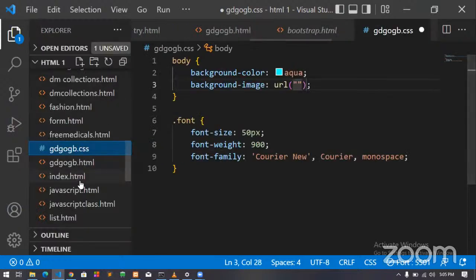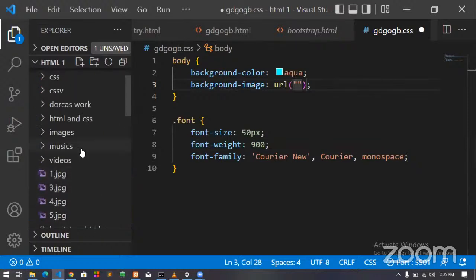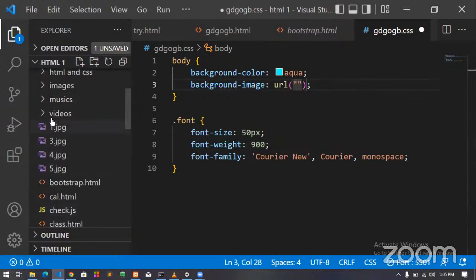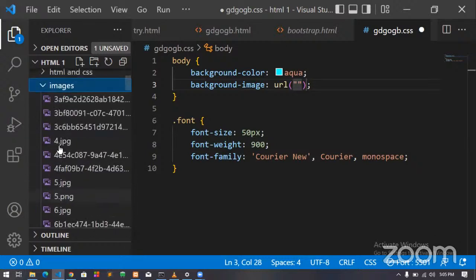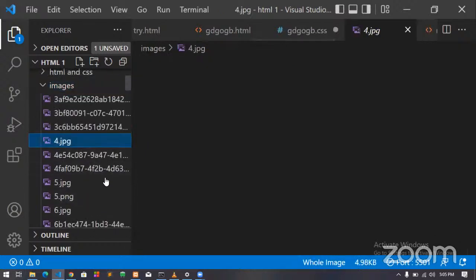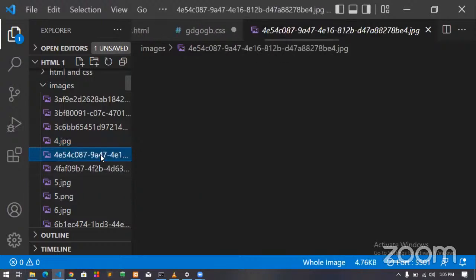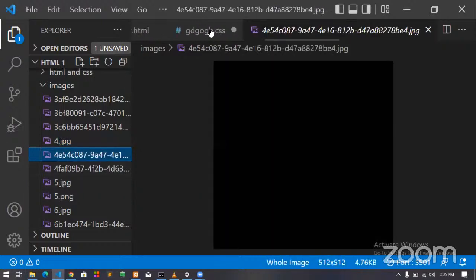So let me see my folders, the folders that have images. Okay, my images are in a folder. Let me see the images that I have that I can bring in. What is in this? Okay, let's just see.